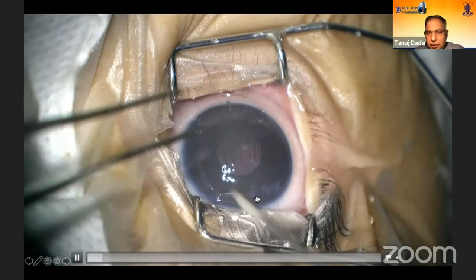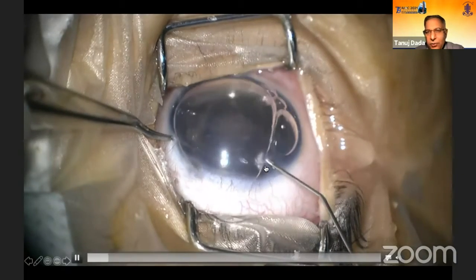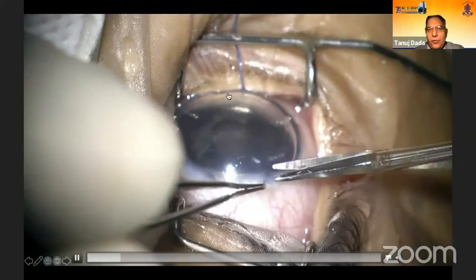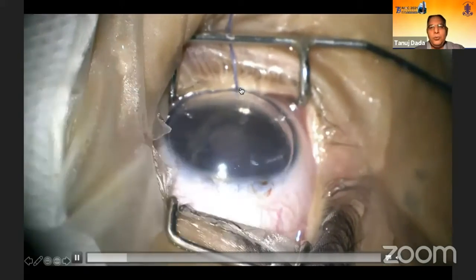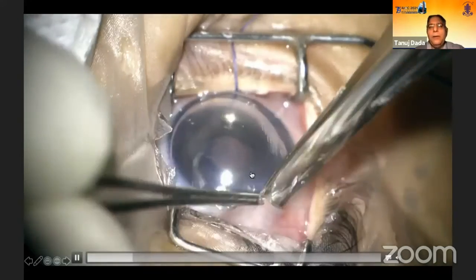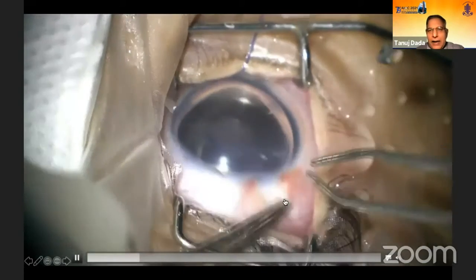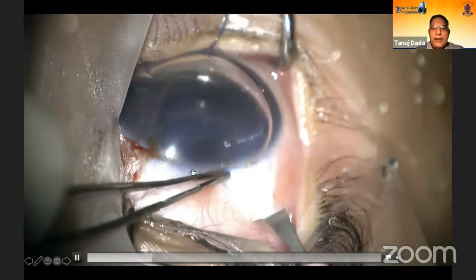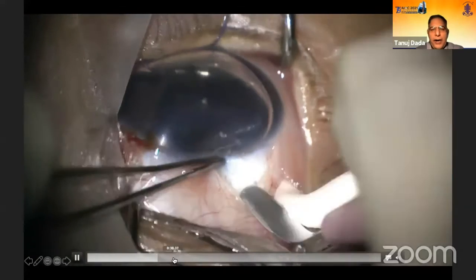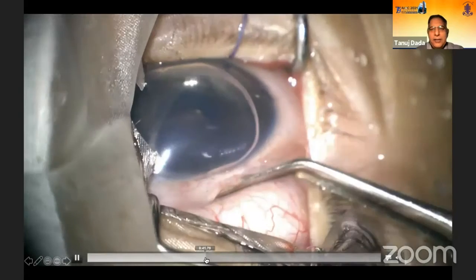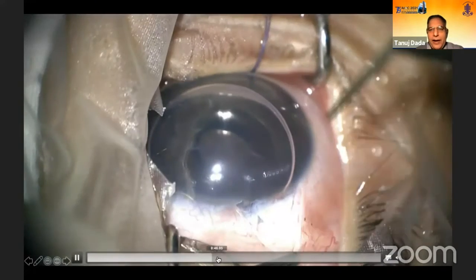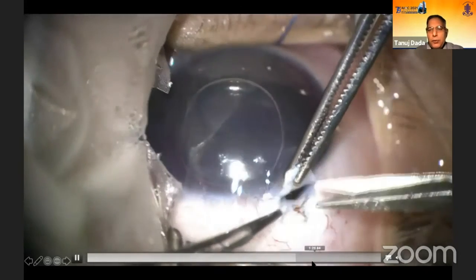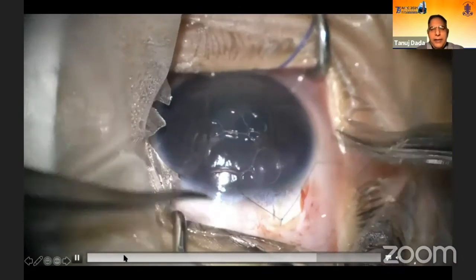So in this situation, we use the track of the perforation only to just form the AC, then make a side port. And now you have to make an inferior traction suture and you have to put an air bubble. The problem now is that the eye has become hypotonous, but with the air bubble and the inferior traction suture, you can go ahead and complete your surgery. This is a trabeculotomy combined with a trabeculectomy. And you can see that the air bubble has to be maintained throughout the surgery.